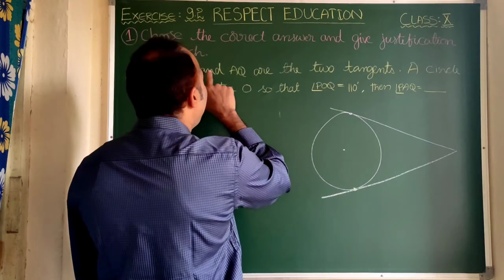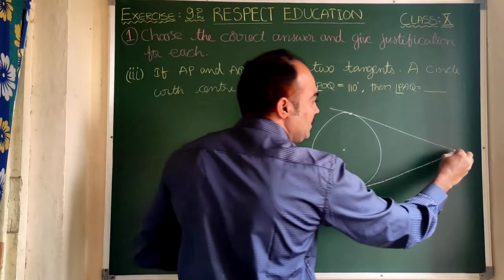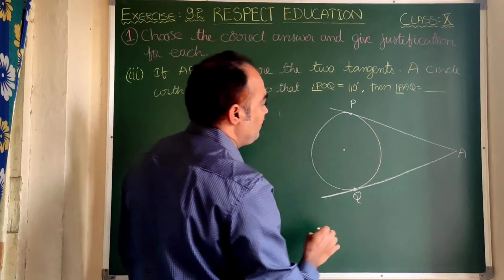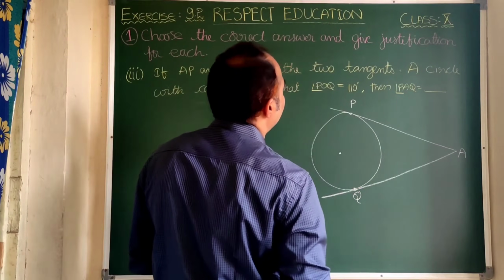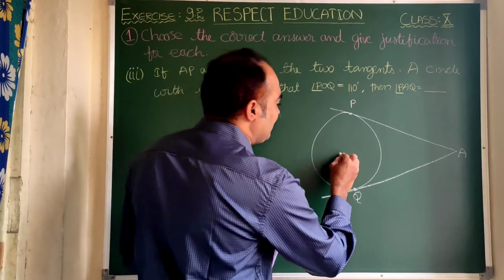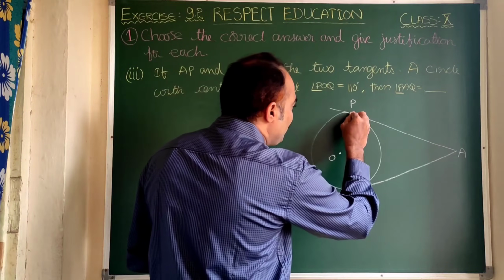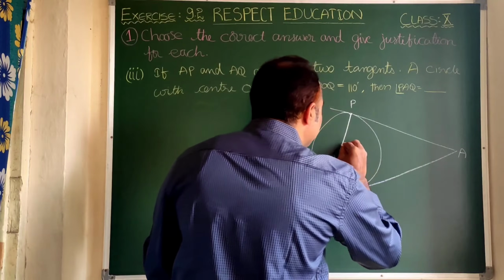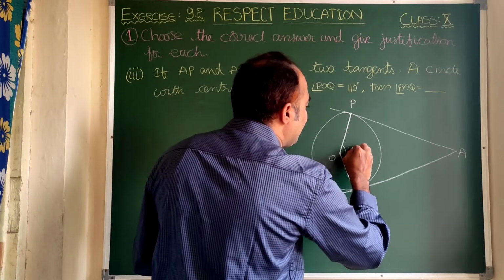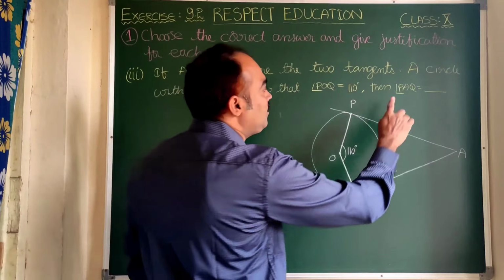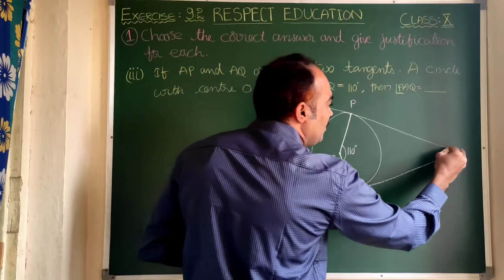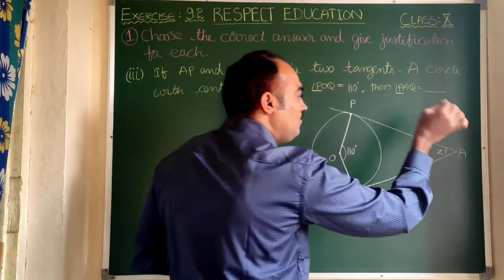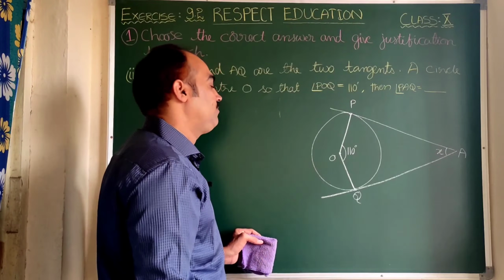Here you observe AP and AQ. A is the common point. So here let us take A here, P and then Q. Now here the question is that angle POQ is 110, where here the center is O. If you join PO and then OQ, this angle is 110 degrees. Now we need to find angle PAQ, means this angle is required. Let us take that angle as some x, or we can leave PAQ as it is, not a problem.